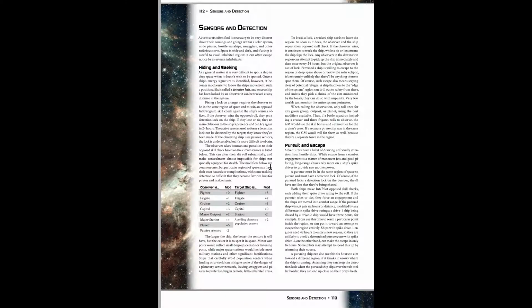So if the observer wins the opposed roll, they get a detection lock. So they have locked into the ship. They know exactly where it is and how far away it is, and so on. If they fail, or they tie, ties go to the one that's being detected. So if they fail,